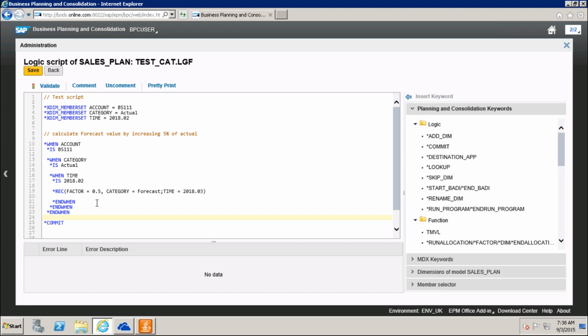So this is my code now. I have written the code to perform the calculations.